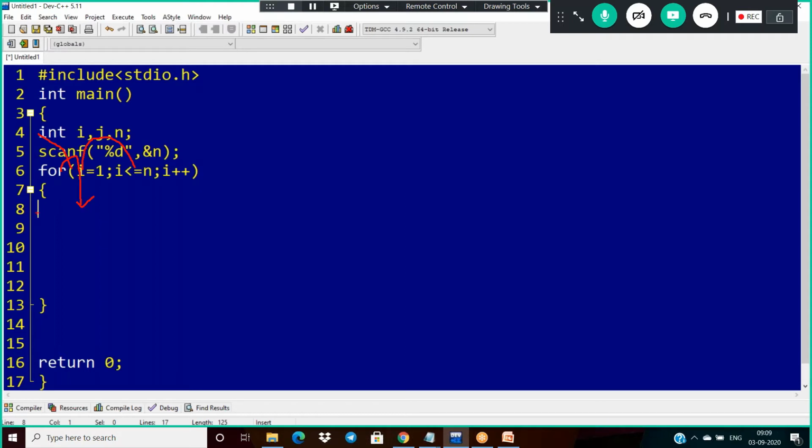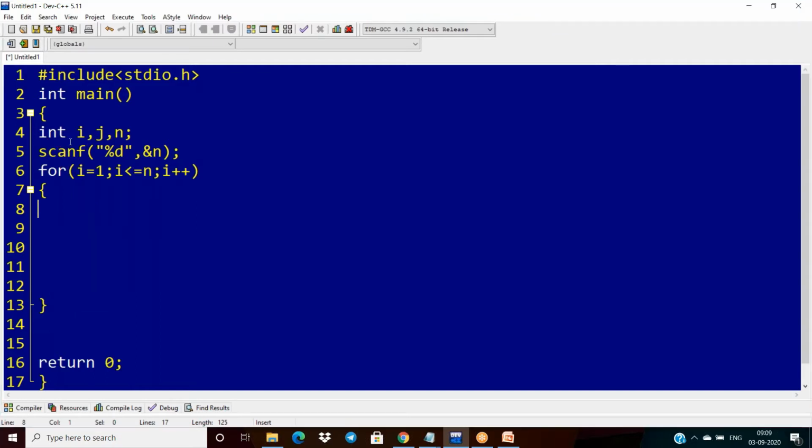Now here we have to write the code to print the numbers 1 to 5. For that I require one more loop. So I am taking j equal to 1 and j less than or equal to n.